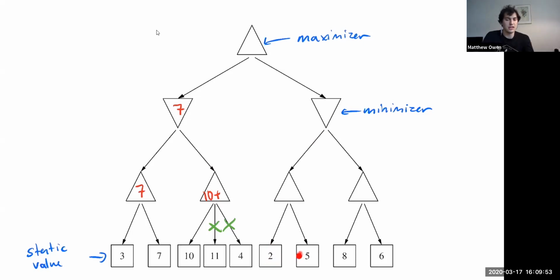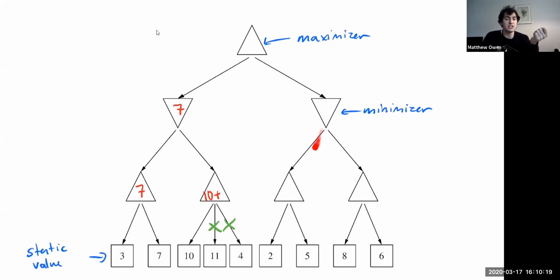Should I go ahead and look at this node here? Another way to think about this is: what if this was a different value? Could it cause me to have a better score? In this case, we see that it's a 5, and that doesn't actually give us anything better than a 7, but what if this was instead a 15? Then this node could be a 15, and it's possible that this could be something even higher,